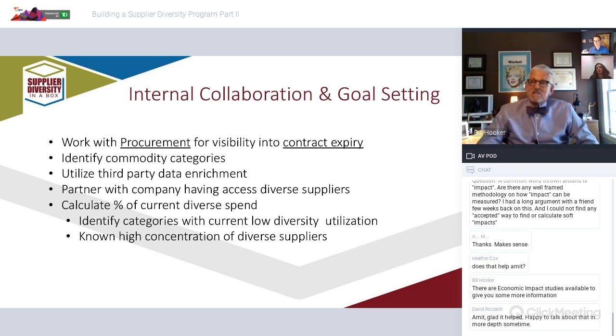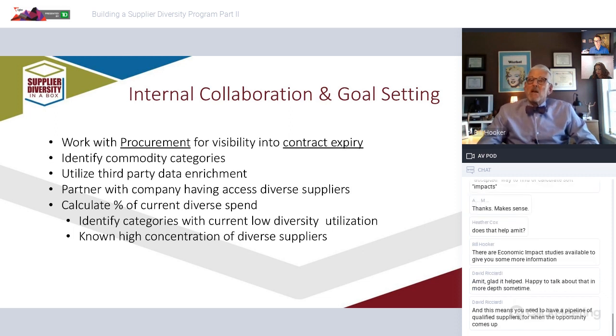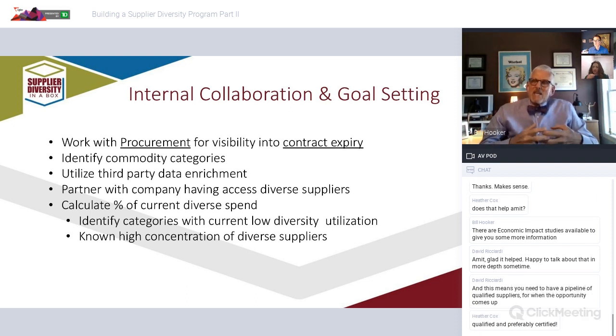Line of business is also going to give you feedback because they go to organizations, they go to outreach events as well. They're going to give you some visibility as to what they have found and who they have worked with. They're going to talk with their colleagues in other industries because no one wants that risk of using a new supplier without having some background about that supplier. So we want to make sure that supplier diversity is an equal partner to the line of business and to procurement, so we do not have to be dragged along with them, but can add valuable insights.